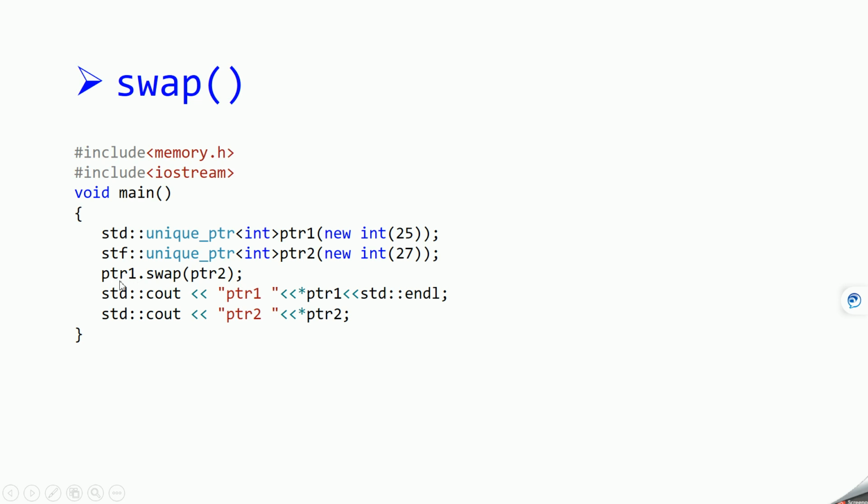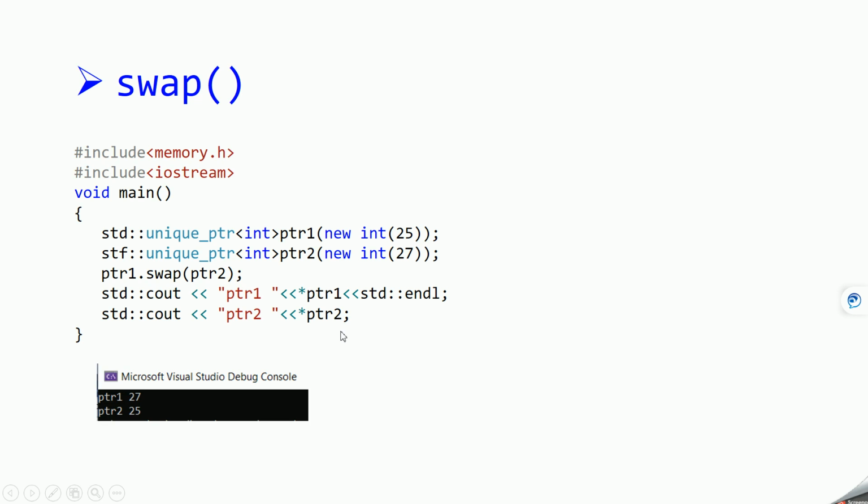And here what we are doing is swapping both of these memory locations. So if you print *ptr1 and *ptr2, ptr1 will give you the value 27 and ptr2 will give you 25. So the output will be 27 and 25 because we are swapping the memory locations. Okay, so this is the use case of this swap function.